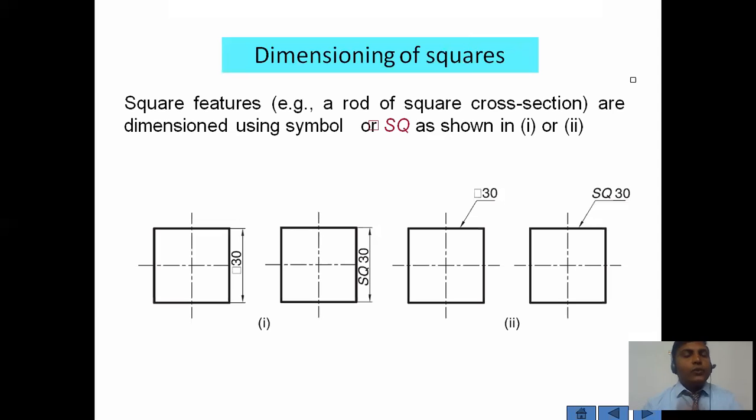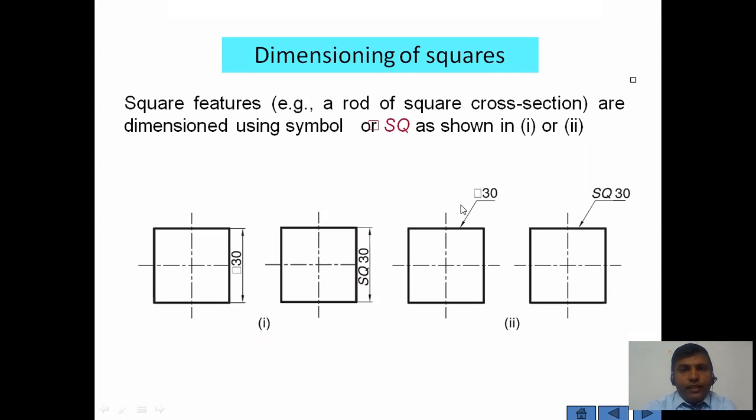spherical feature. Then to show the dimension for the square, you need not show the dimension for all the sides. So you can use the square symbol. So this is the square. Then you can use SQ for this feature. But I think the correct way to show the dimension for the square is this way. If we show this dimension, that is not the correct way of dimensioning, but it is applicable for whatever we see. Then if we go ahead,